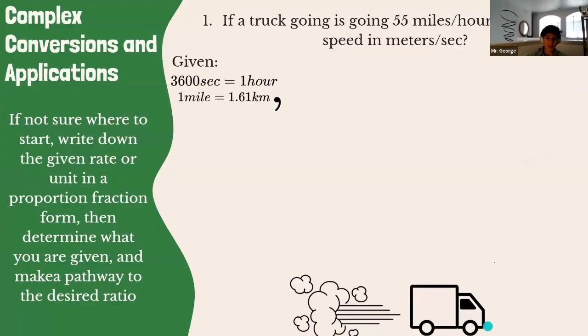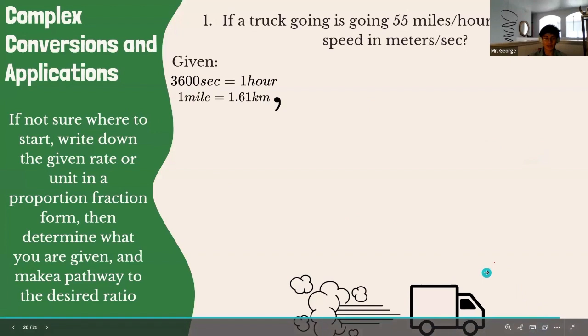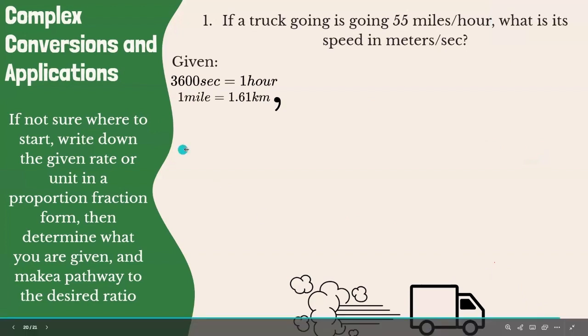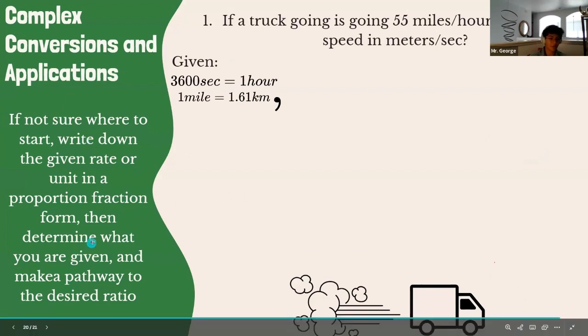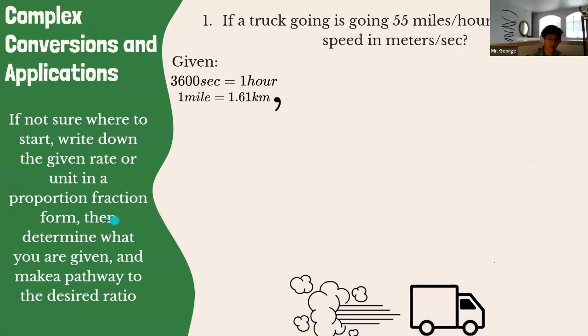So complex conversions and applications. This is the last part, all right? So last thing. If not sure where to start, write down a given rate or proportion fraction, then determine what you are given and make a pathway to the desired ratio. So this is basically just like a guideline to how to solve these questions. So write down the given rate or unit in the proportion fraction, and then you have to determine what you are given. So here, for example, we are given